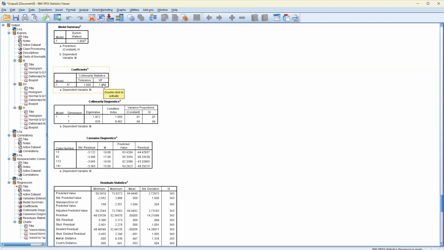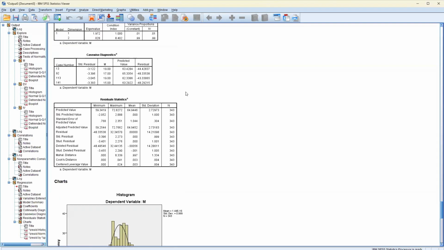But definitely you need something around 1, which is actually perfect for this, that we have now, and it's far from 10. So the multicollinearity assumption is met for this step of our mediation analysis. The next thing is about